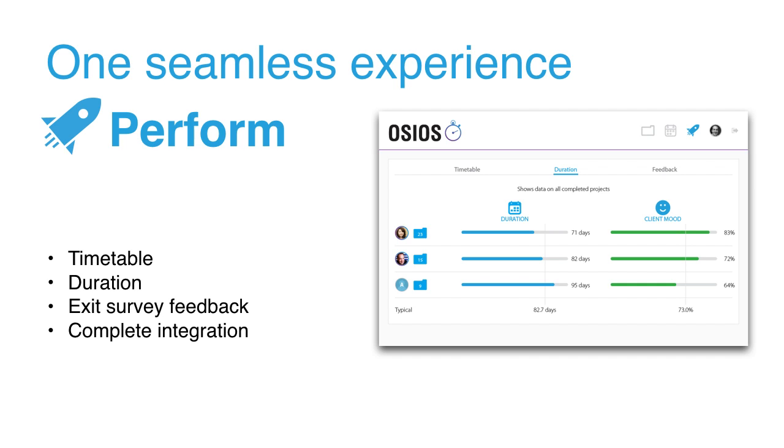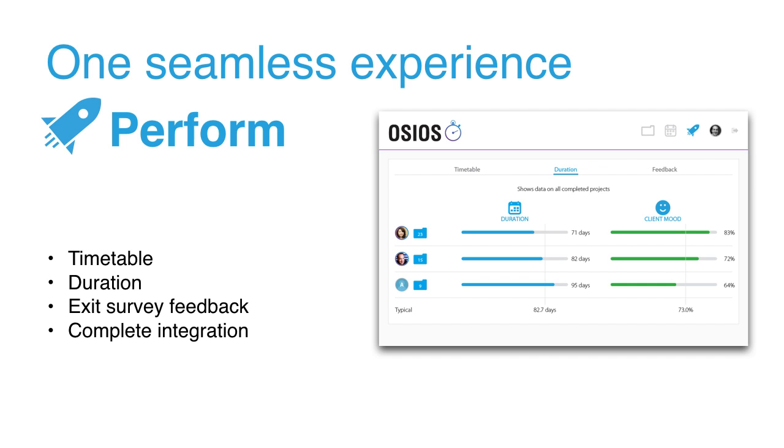And Perform is a separate tab. Now this tab is only viewable by you. Everything I've shown you until now is viewable by your client unless you deem it unsuitable for them for whatever reason. But the Performance tab is really a